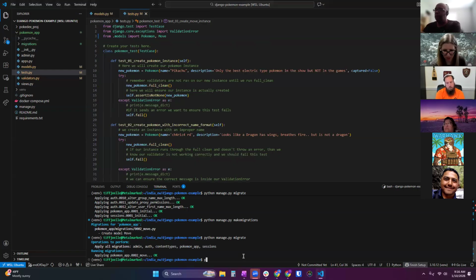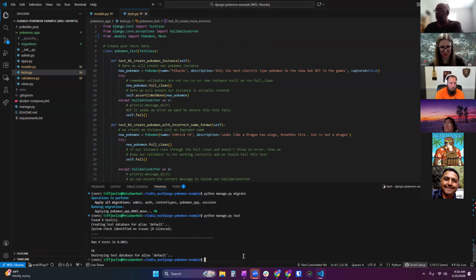So let's run python manage.py test. Okay, so running test. Again, it's smart, it's built in. Django knows when you run that, it means go look for the test file within each app that you're working in. If you have another app created and it also has a test file, it will find that one as well. It runs all test files within each of these apps. So it finds this test file, runs it, said there were 4 tests.